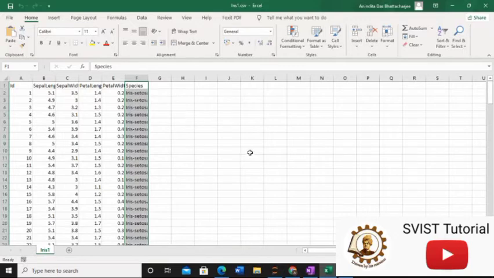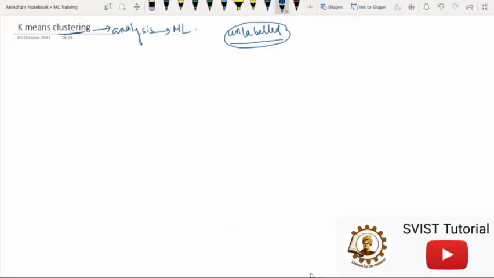So this is the first step towards K-means clustering. So that's why I was saying that K-means clustering is working on unlabeled data, right? Now the biggest question is how it will group the data, means what mechanism it is using to group all the data points. Means we know that it will group Setosa together, then Versicolor together, and then Virginica together. So what is the mechanism it is using? So in one word, we can say that it is an unsupervised clustering mechanism.